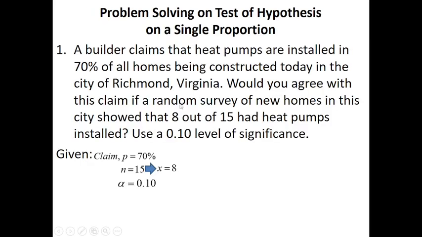All right. So here's the null hypothesis. So we will convert it to decimal. Still, it is considered a proportion. So p equals 0.70. This will be our null hypothesis now. And then for the alternative,